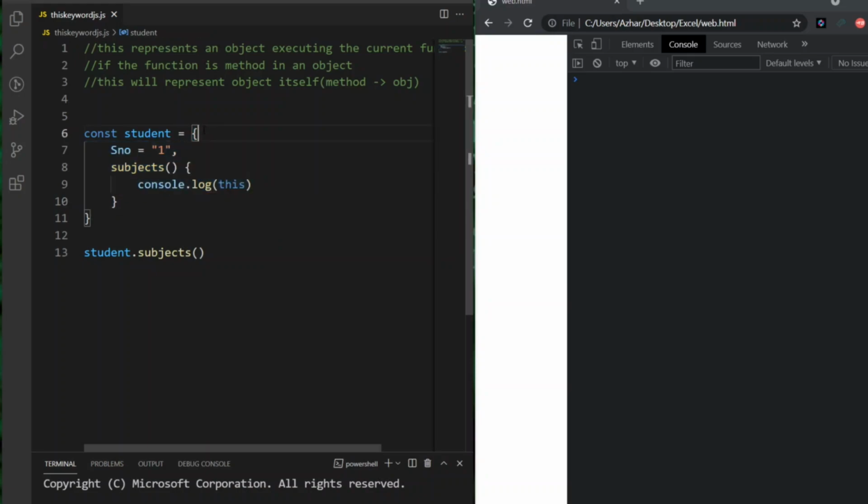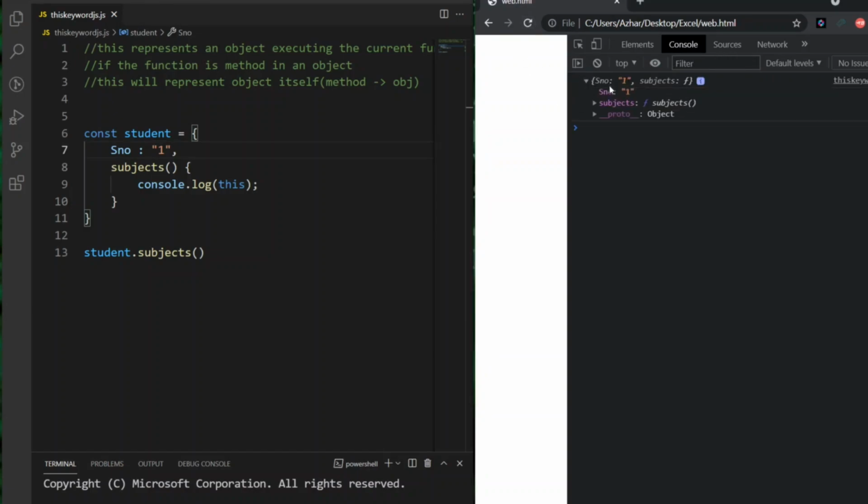Let me execute this. I've already saved it, so let me now execute it. You can see it has now given me the entire object, which is the serial number and the subjects method inside it. So this is the first rule which I was talking about.